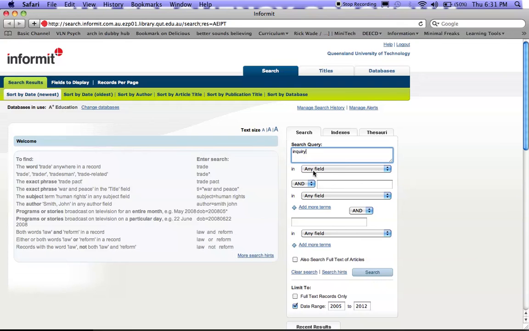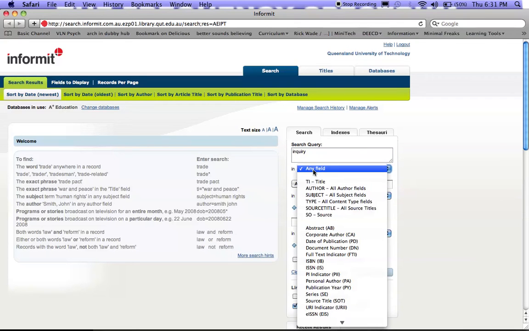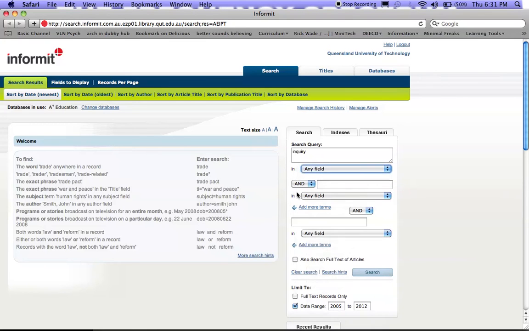So essentially the best search that I could do was inquiry, to search for those synonyms: inquiry-based, inquiry learning, etc. You can search for inquiry and its related synonyms in a number of fields. However, I'll just leave it as any field. You have the choice of the operators to combine terms: and, or, not. I'm going to put in the specific learning area for my ILA, so geography,